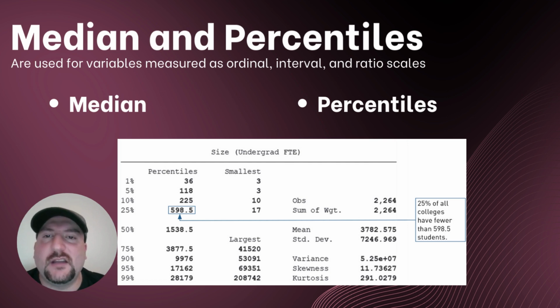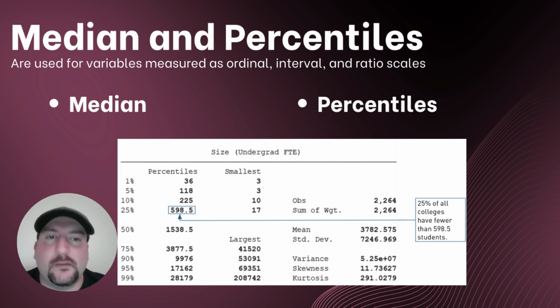Percentiles. A percentile is a value below which a percentage of the data fall within a variable. For example, if you score in the 85th percentile on the SAT, then 85% of all students who took the test earned a lower score than you. In this table, you can see that the first two columns show the percentile and the value